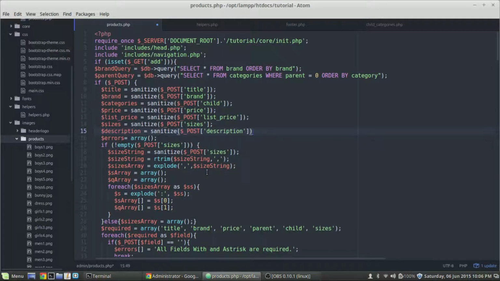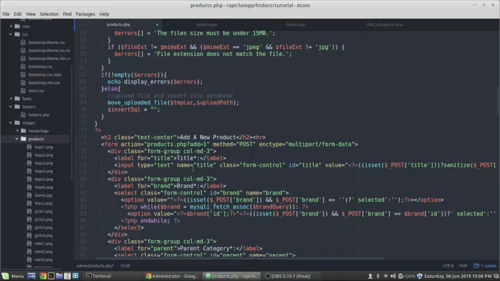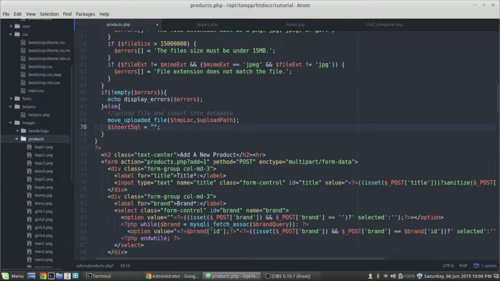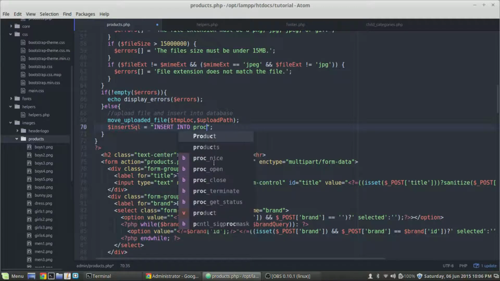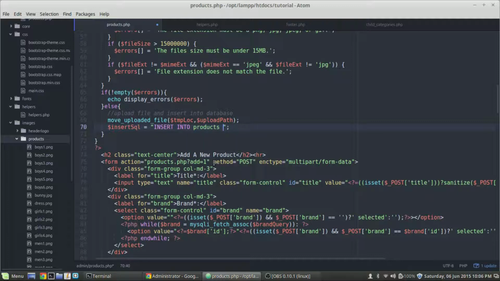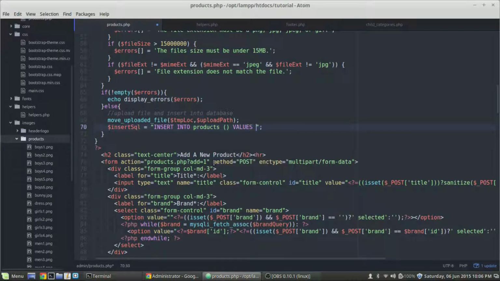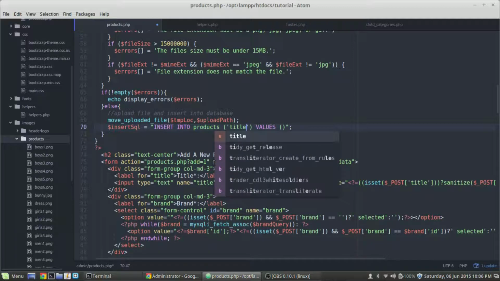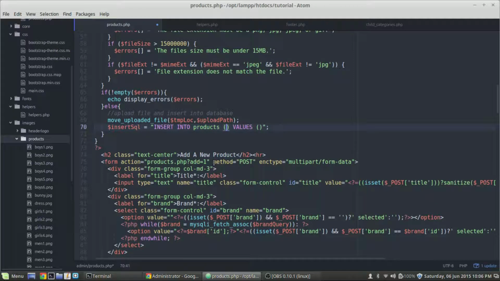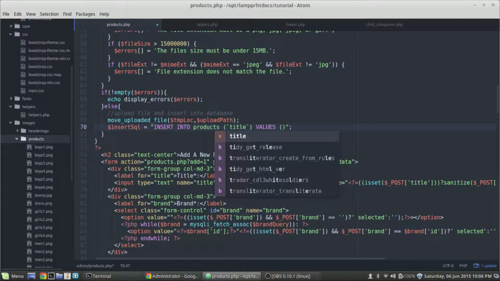Okay. Alright, so now we have all of those, and we just need to make our SQL statement. So to do that, it's insert into, then the name of the table we're inserting, which is products, and then in parens we'll do all of our fields, and then we're going to say values, and then another set of parens. So these have to be in the same order. So what we're going to do here is title, and by the way, these are not going to be single quotes, they're backticks, which is above the tab. So we'll say title, comma,